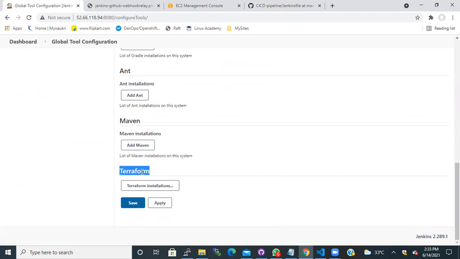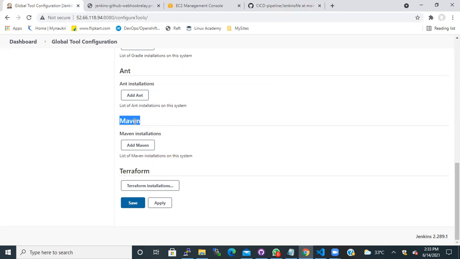This will be enabled only when you have installed the plugin. In my case, I have already shown in the beginning that I have installed the Terraform plugin, the Jenkins Terraform plugin. So that's why you can see it here.